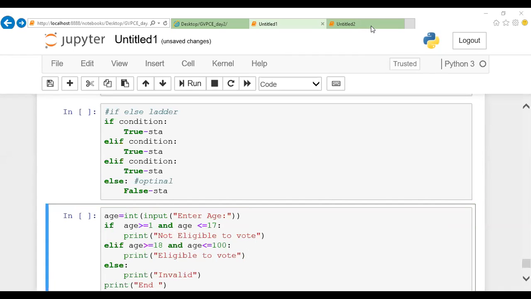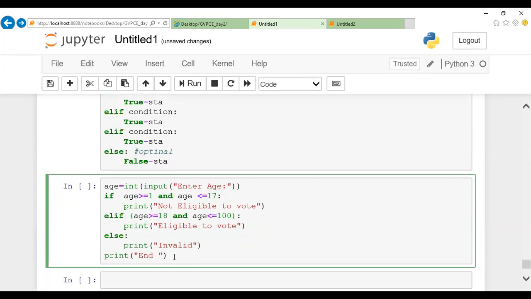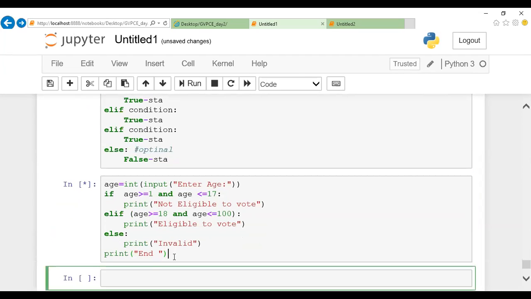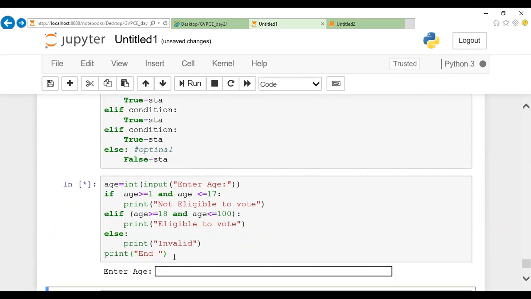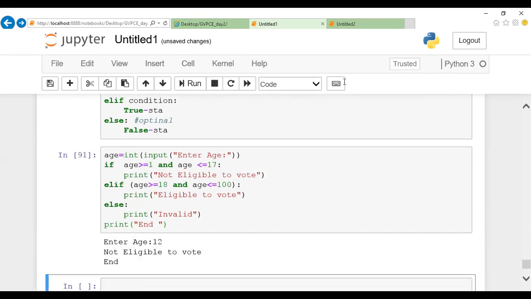Okay, good doubt, Manikant. Parenthesis means mentioning like this. Mentioning like this is called parenthesis. Here it is not required. It's not mandatory. Even if you mention it, it will never throw you an error, but it's not a required one. That's what I told you people. So for the same program, if I give the age as 12, it will display not eligible to vote, followed by